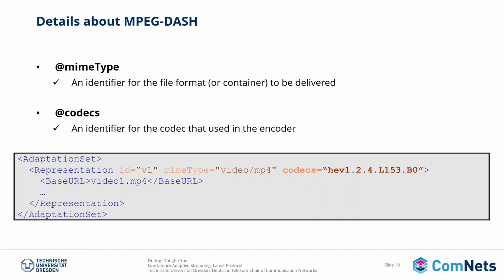And you can see that this component is a video component, and that it is compressed by SHVC and uses the MP4 container. Actually, this is the code. In the adaptation set, there is one representation, and by using the MIME type we can define that this is video and that it uses the MP4 container. Then by using the codec identifier, we can say this video component is compressed by SHVC.